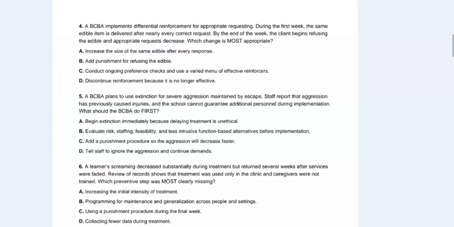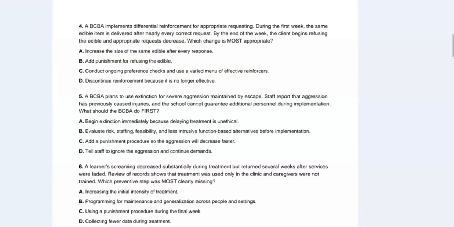Let me go through that one more time. The edible item after nearly every correct request, by the end of the week, the client begins refusing the edible and appropriate requests decrease. Hold on.